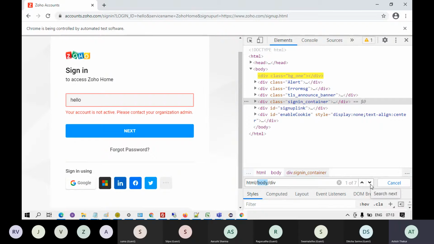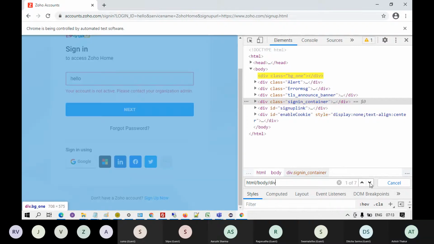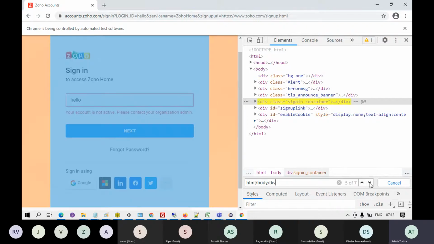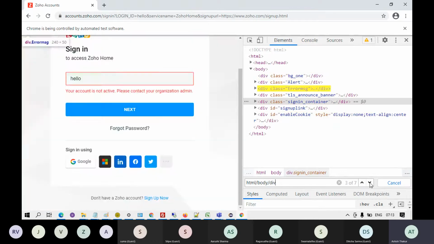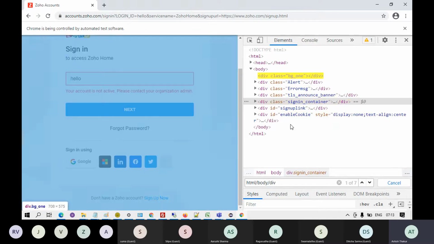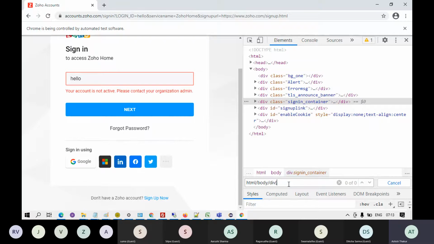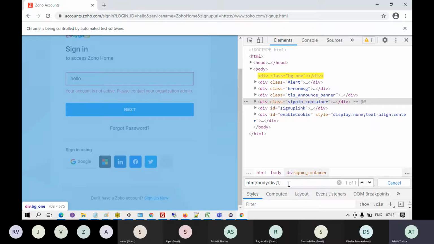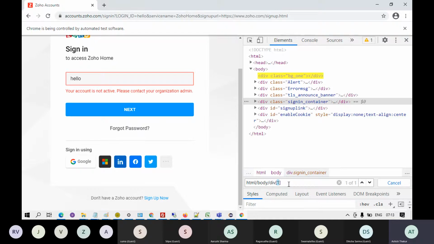If I click on the down sign, then every division will be highlighted. Okay, you see that these are all the divisions. Now if I want to specifically go inside the first division, then I will have to write div bracket 1. If I want second, then div 2, like this.